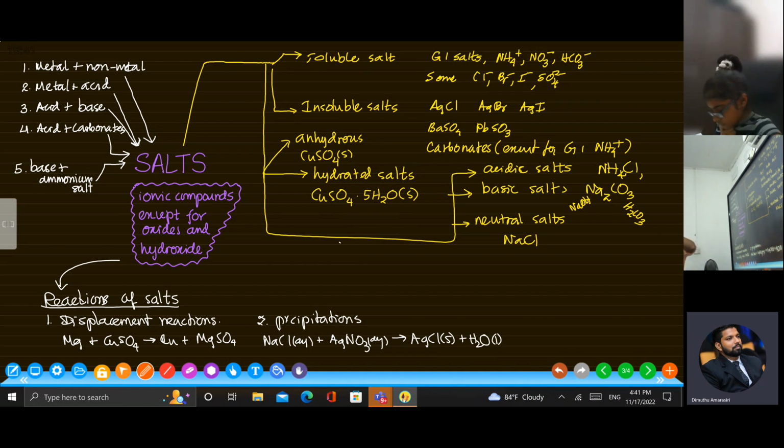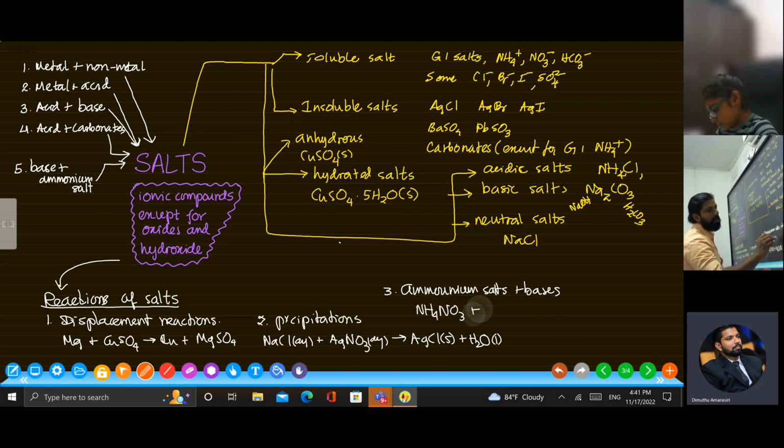Similarly, ammonium salts and bases. Right? Third one, ammonium salts and bases. Ammonium salts plus bases. Always you get, let's say, ammonium nitrate, calcium oxide. You get calcium nitrate,